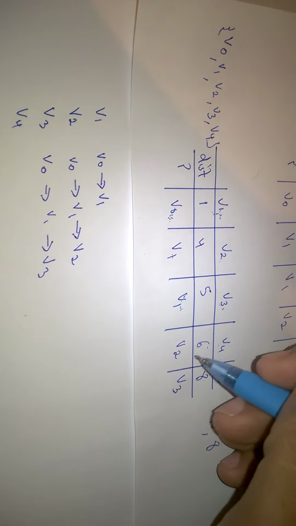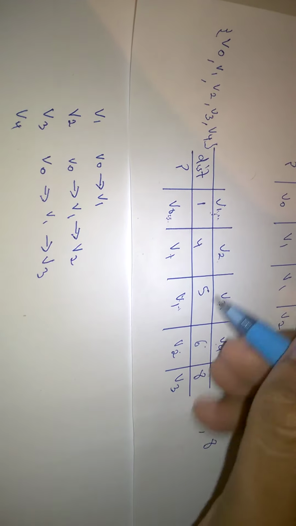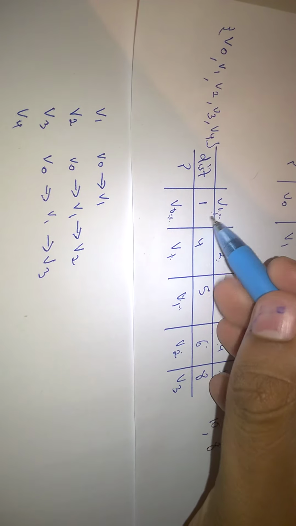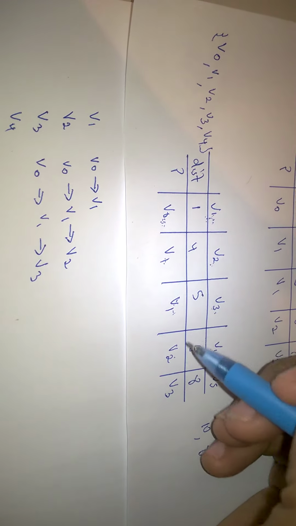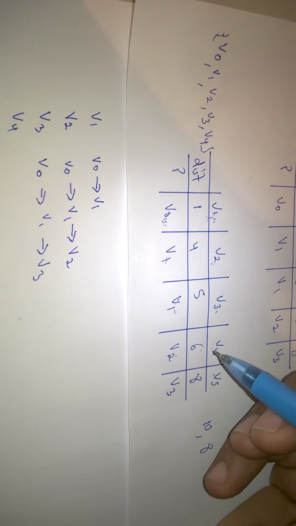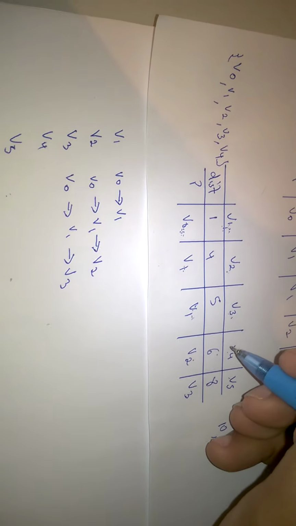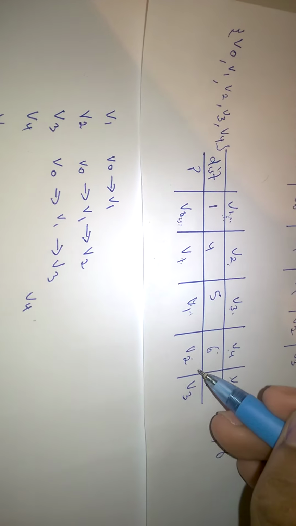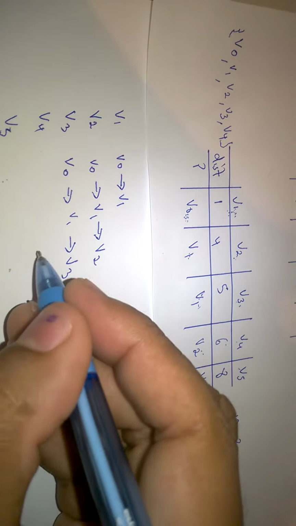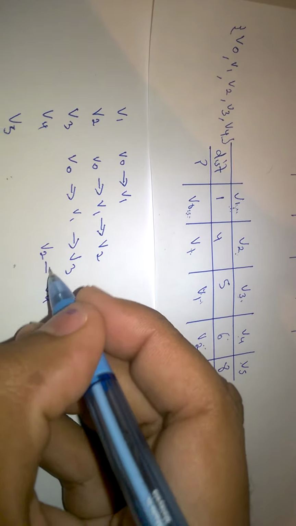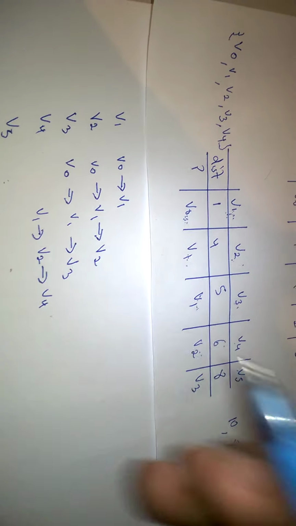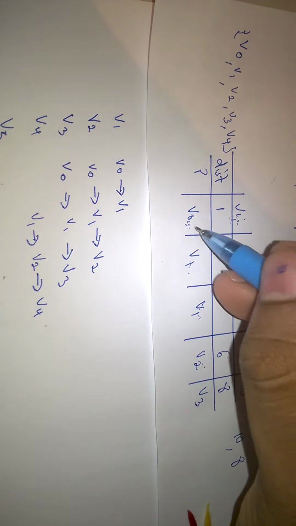For V4, we have to go from V2, and from V2 we have to go from V1, and from V1 from V0, right? So look at it again. V0, V4, we could draw it here actually, right? V2, then we go to V2 up here and we see V1, so we draw V1, and we go to V1 up here and we see V0,